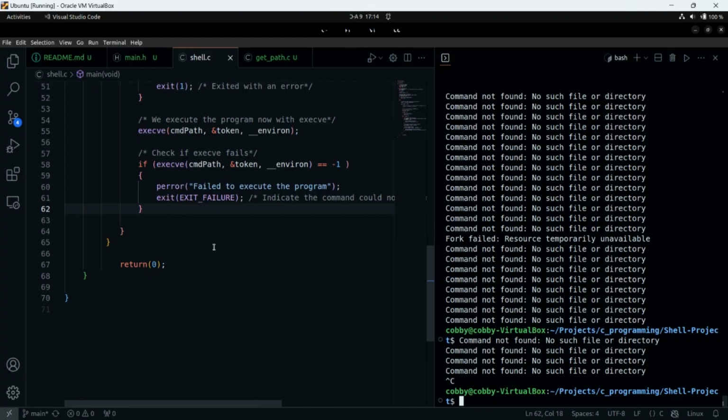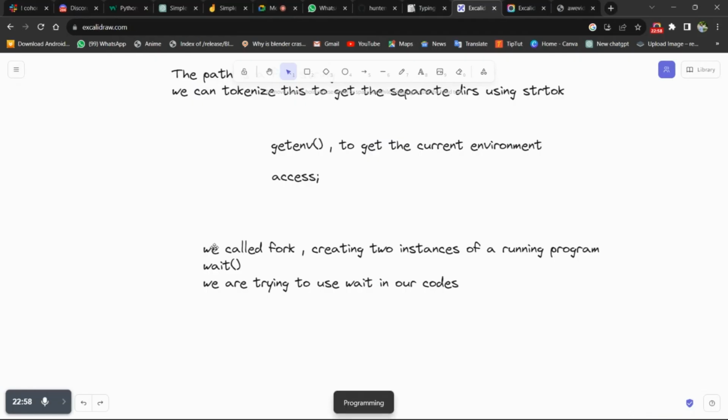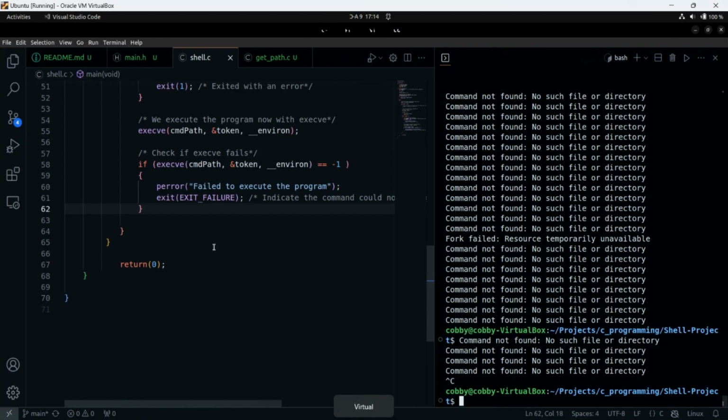I mean, since the parent is going to wait until the child processes everything is done, yes, it should be in the parent process. Okay. So basically, we are going to implement the wait for our child process to be able to finish. So let's try and implement that.